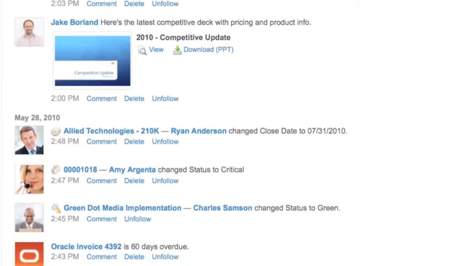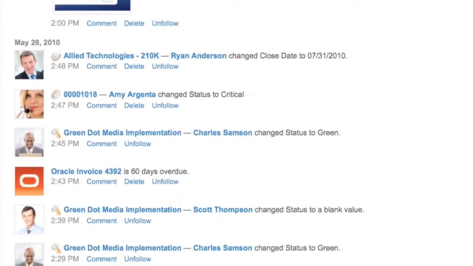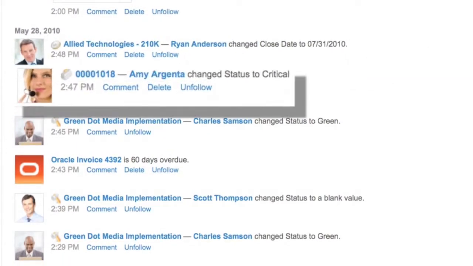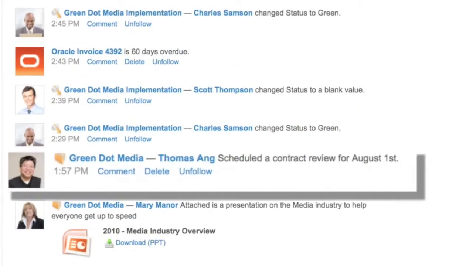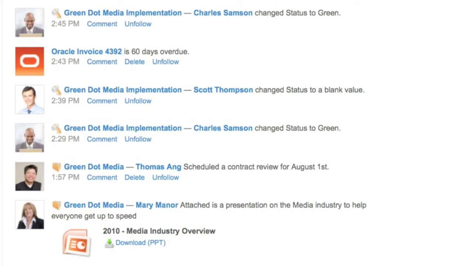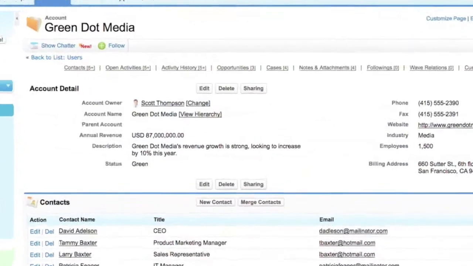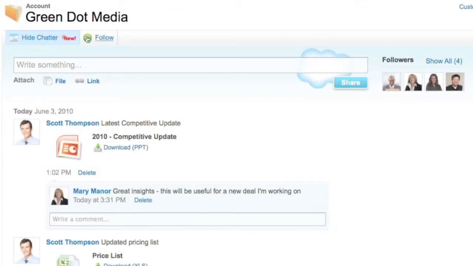You can also keep track of everything that's happening with your applications and specific records that matter to you, like updates from your deals, your customer cases, and your custom app records, like this project. Here you can see an update to an account you're following. From your feed, you can drill right into the underlying detail. Here we are on the account record. You can see all of the account details and can expand the Chatter feed to see the latest updates.